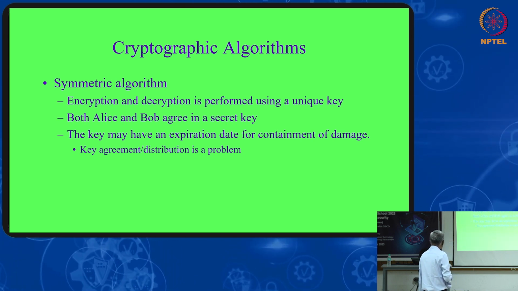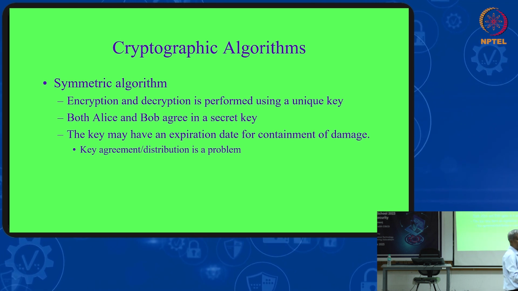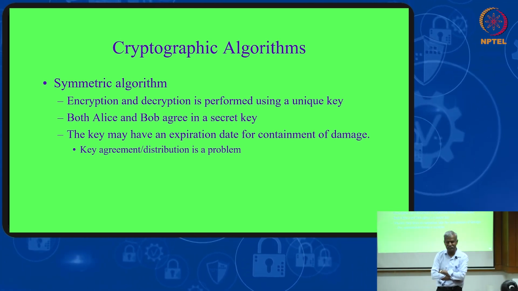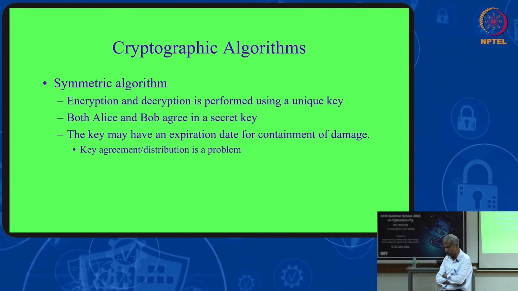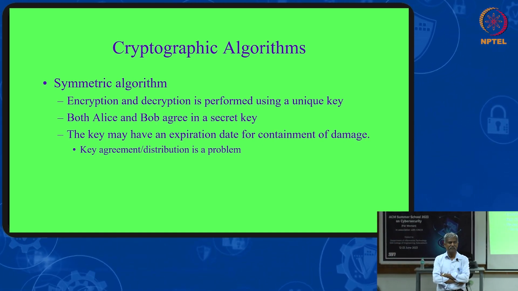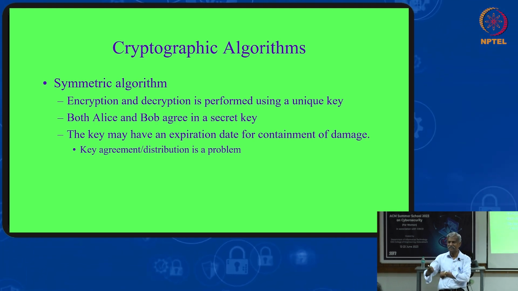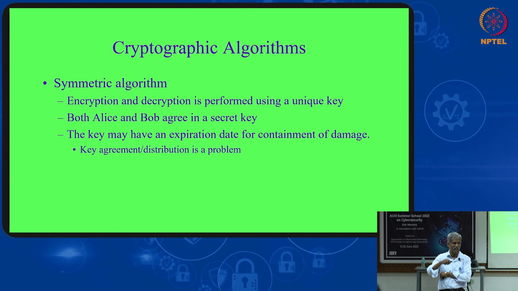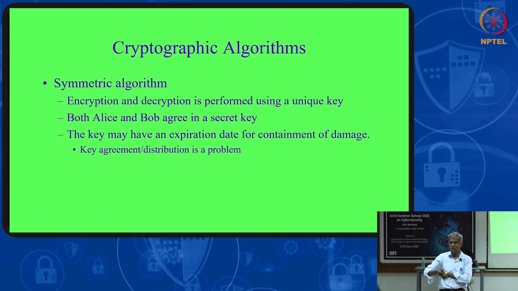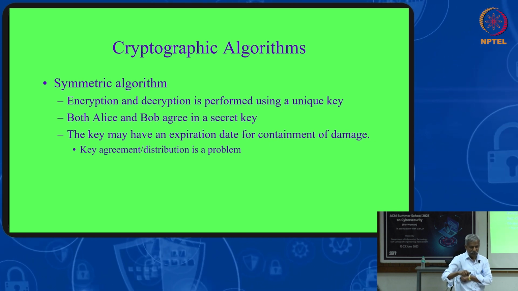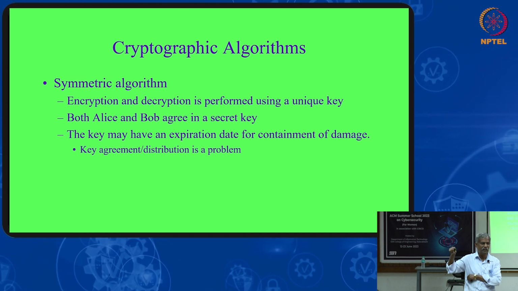So some of the cryptographic algorithms are symmetric algorithm and asymmetric algorithm. In the symmetric algorithm, whatever key you are using for encryption, the same key you will be using for decryption. For example, Caesar cipher, I told you, you are adding, you are subtracting with the same key. That is symmetric key. But in the public key, you may be using something else. For example, x and y you are using.